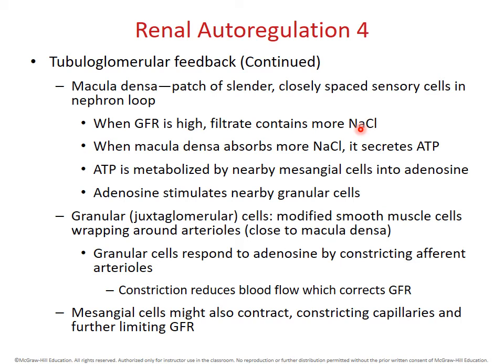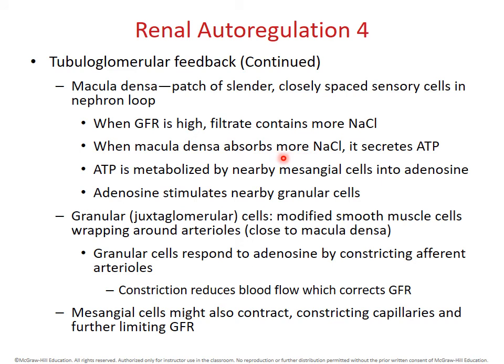As we said earlier, the faster the rate of flow, the less chance you get to reabsorb. So more sodium chloride in the tubular fluid at this point generally means that the glomerular filtration rate is too high. Well, these macula densa cells are going to sense this higher concentration of sodium chloride, and what they do